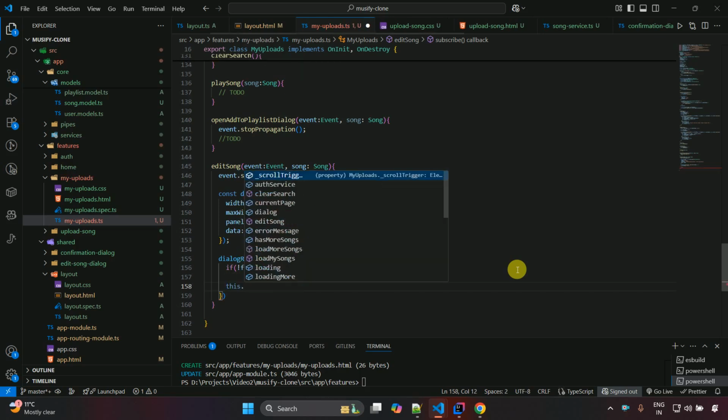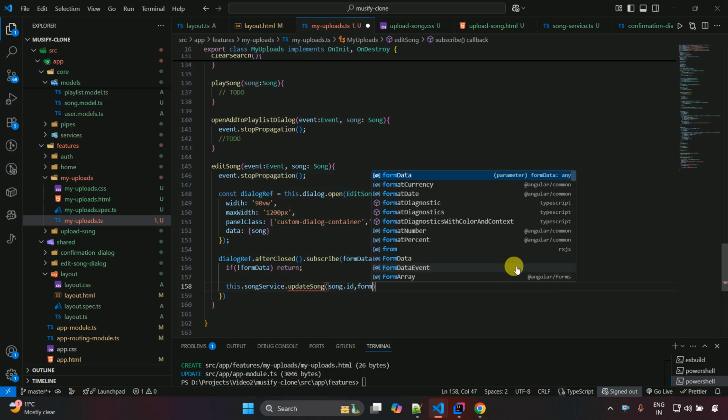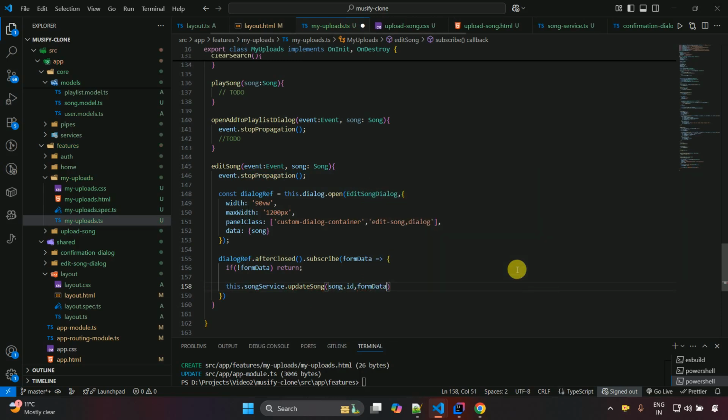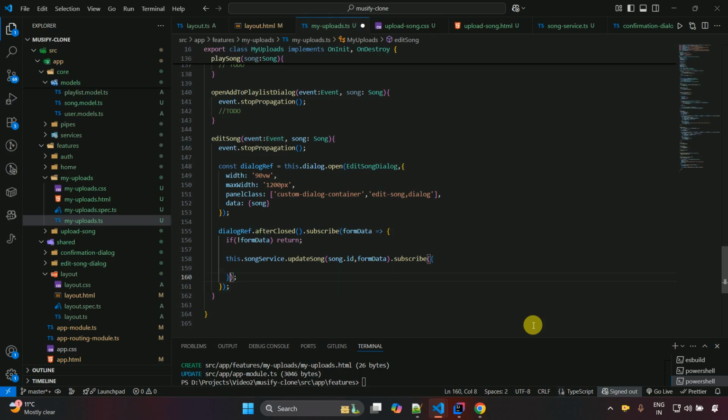And if we have, then song service dot update song over here, and song dot id we have to pass, and then form data we have to pass, and then subscribe, and then we have to write the logics related to save or update it. Okay, so put a semicolon over here also, and inside this one we have to write here